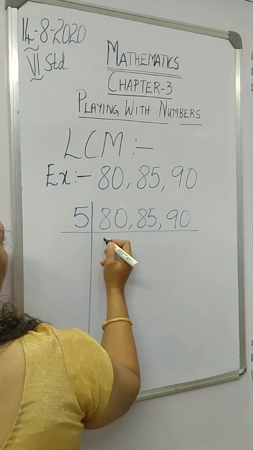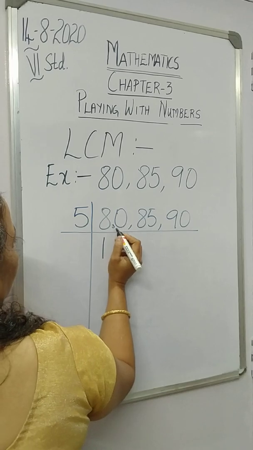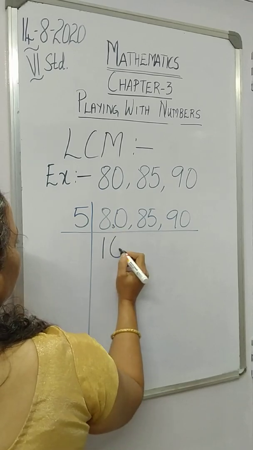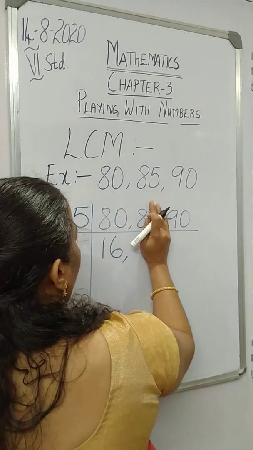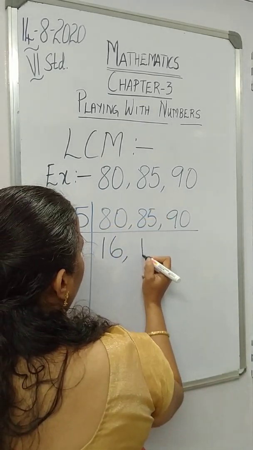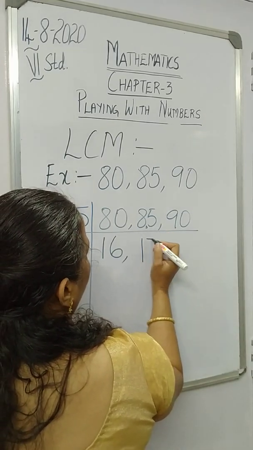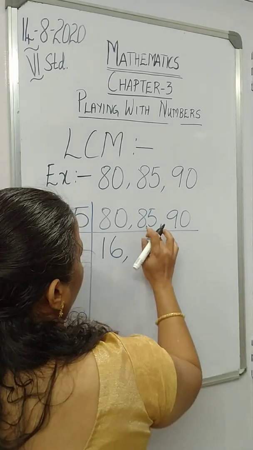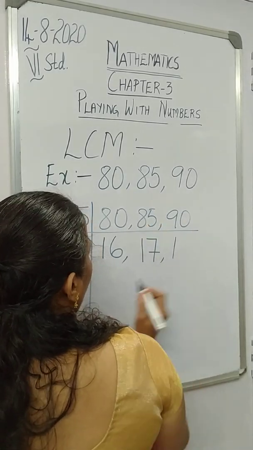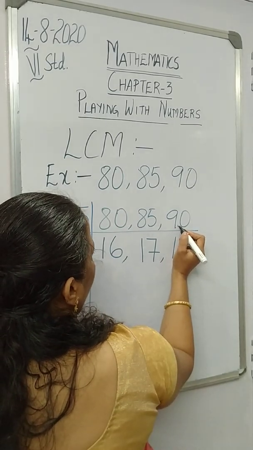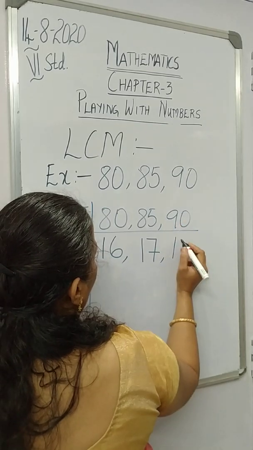Now close this number and see 80. How do you use it? 5 1s are 5. 3 is remaining. Join with this. It has become 30. 5 6s are 30. Hope it is clear, children. Now look at this next number. Here also 5 1s are 5. 3 is remaining. It has become 35 here. So 5 7s are 35. Now look at the next number. 5 1s are 5. What is remaining here? Here the remaining is 4. It has become 40 now. 5 8s are 40.